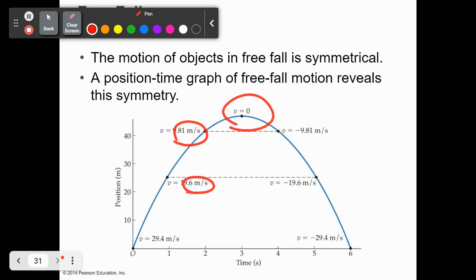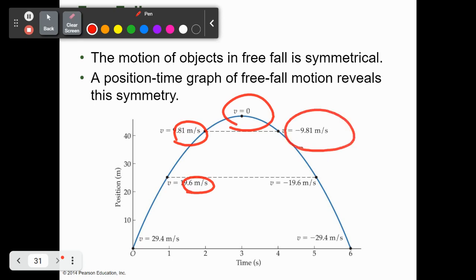When it reaches that 0 velocity, what's going to happen to it eventually? What happens to all things eventually? They come back down, correct? Why is it coming back down? Gravity is pulling it back down. Okay? So now it's coming down. So its acceleration is 9.8 meters per second squared down, and its velocity is changing.